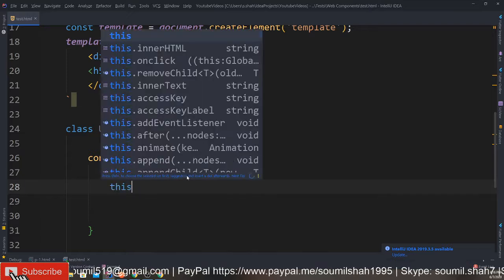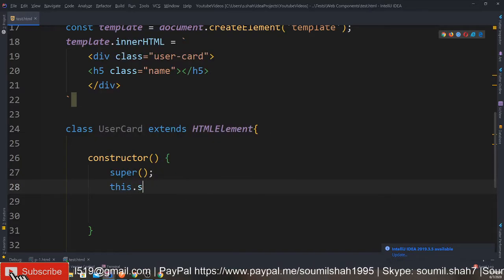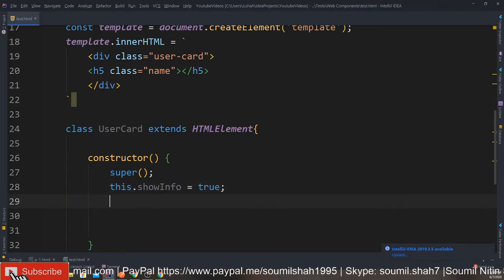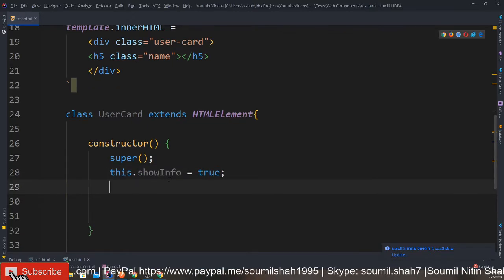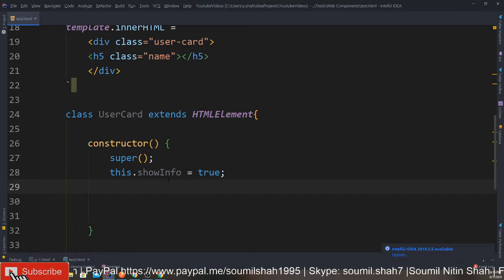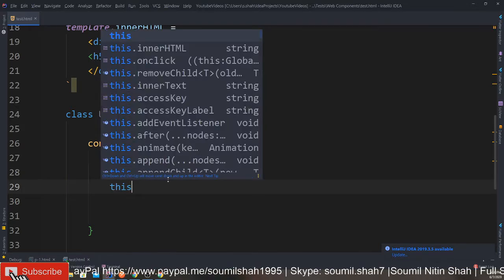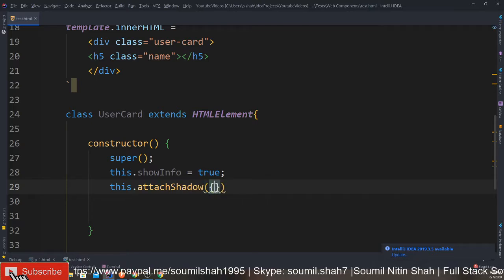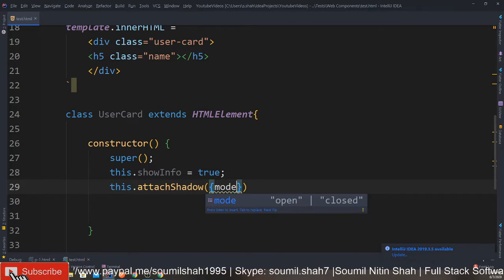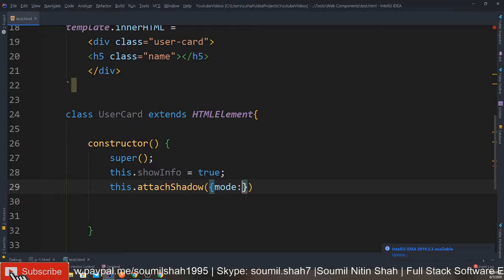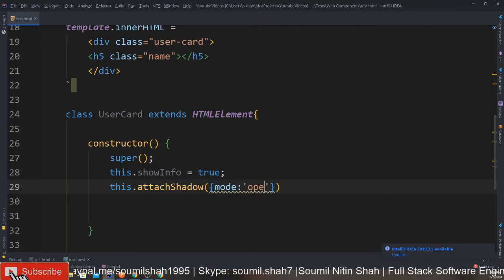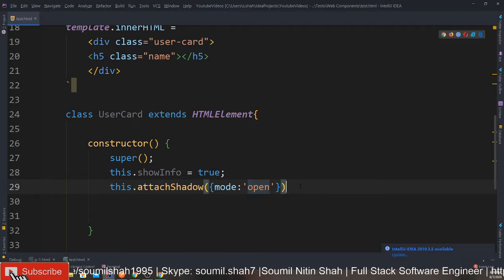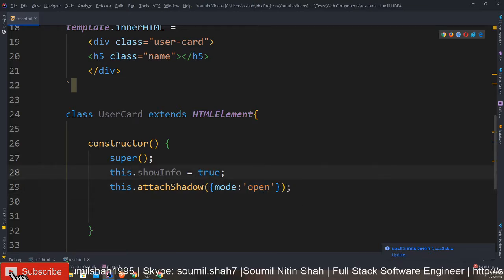I'm going to say this.showInfo and set it to true. Now I'm going to attach a shadow, and I'll tell you why the shadow is used in a moment. I'm going to say attachShadow and give it a mode of open. Don't forget the semicolon at the end.